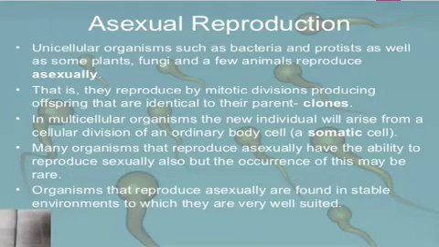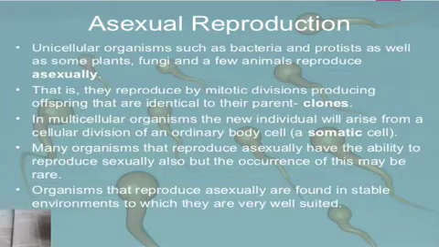Unicellular organisms are those which have a single cell, right? Such as bacteria and protists, as well as some plants, fungi, and a few animals, reproduce asexually. And that's why they reproduce by mitotic division, producing offspring that are identical to their parents. So, what is mitotic division? Mitotic division means cell division. The cell divides into equal sizes, so they reproduce by mitotic division, producing offspring that are identical to their parents also,